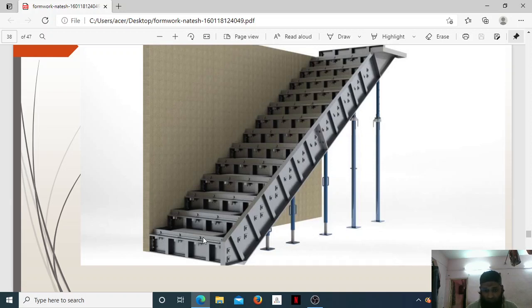Even the risers and the treads are disturbed, everything is disturbed. So a very keen survey and a keen inspection should be done while casting the staircase.